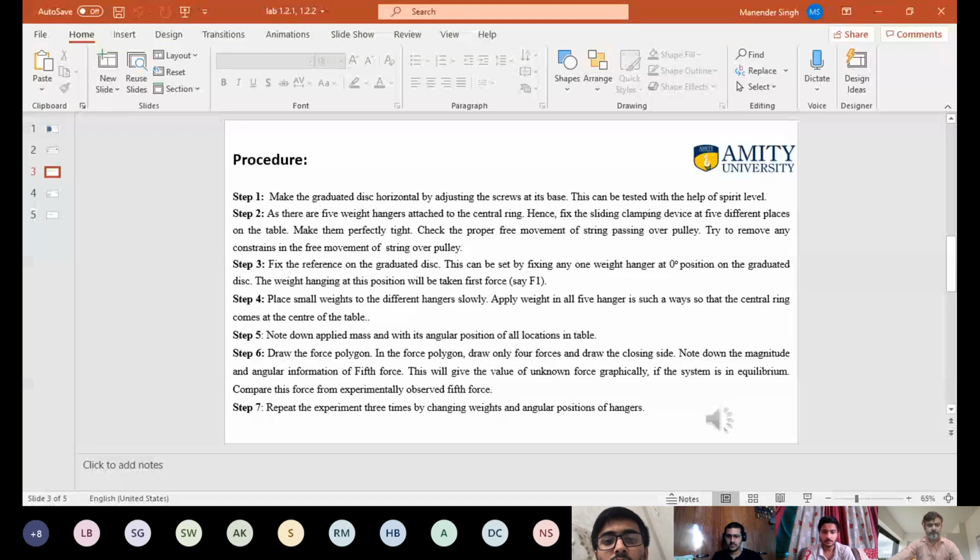Okay. Now you have to draw the force in graphs with the proper scales. You know that the unit of force is Newton, or mass into g. So we have to draw this graphically,